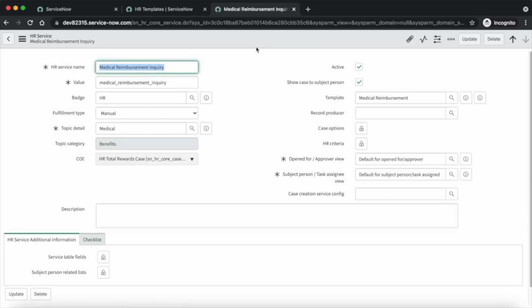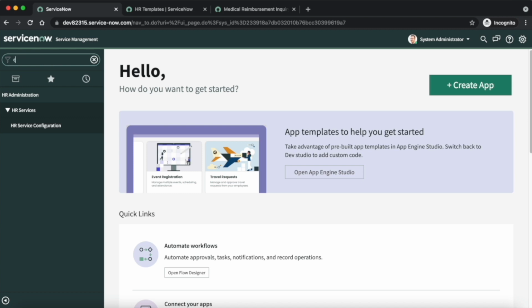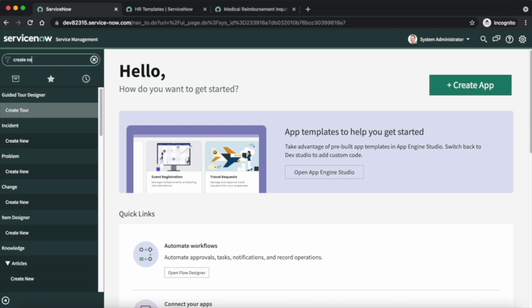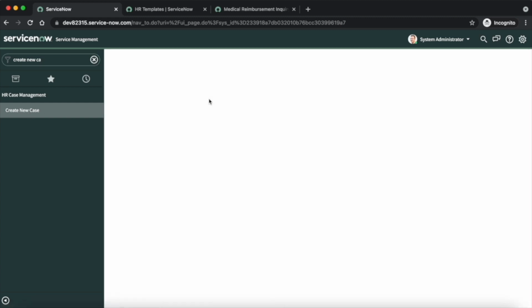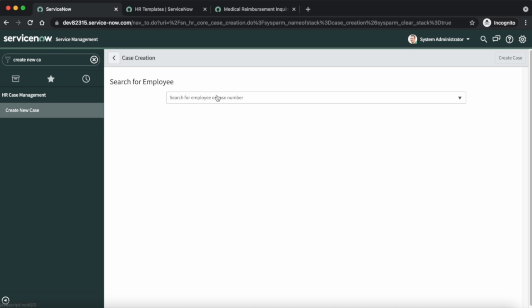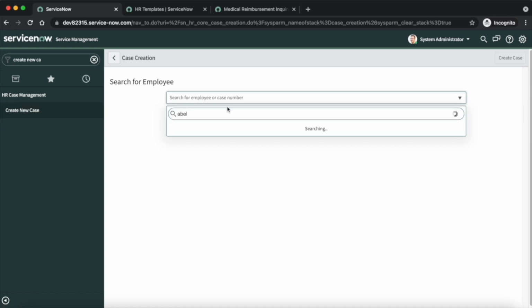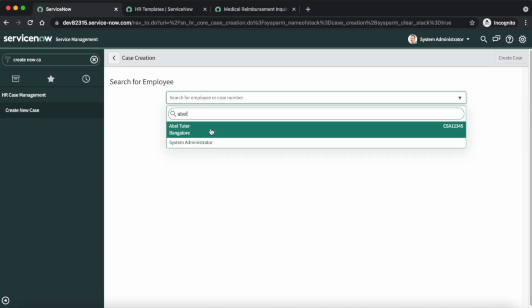Now let's check whether the HR template is working for that HR service and populating the values on HR cases that we have configured. So let's create a case. Let's select any user.